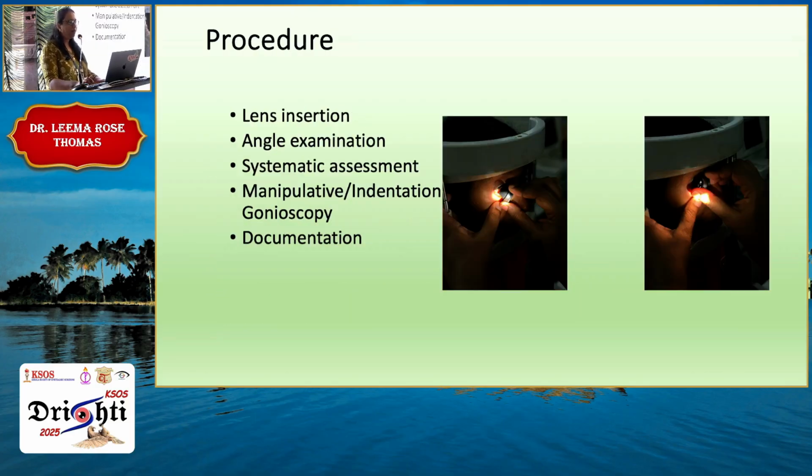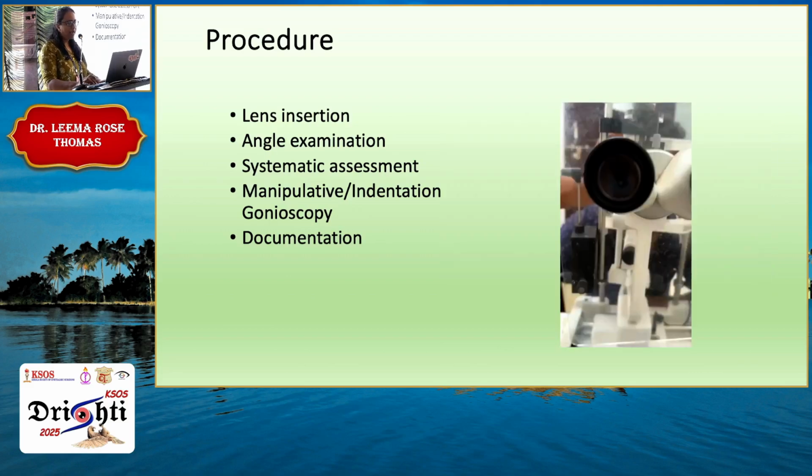Now, procedure, the first one is the lens insertion. The patient is asked to look down, look up, and then you keep the gonio lens on the sclera, making sure that you don't spill the viscoelastic, and keep it. Ask the patient to look straight, and it gets into position. With the 4-mirror lenses, you just ask the patient to look forward and keep it on the center of the cornea. Now, angle examination,